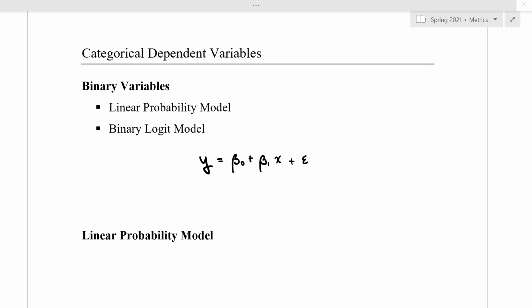Hi everybody, welcome back. In our last set of videos we were looking at categorical variables, but we were looking at categorical independent variables. In this video we're going to be looking at categorical dependent variables, so the y or outcome variables, and thinking about how we can model them, which is going to end up being our first departure from normal ordinary least squares